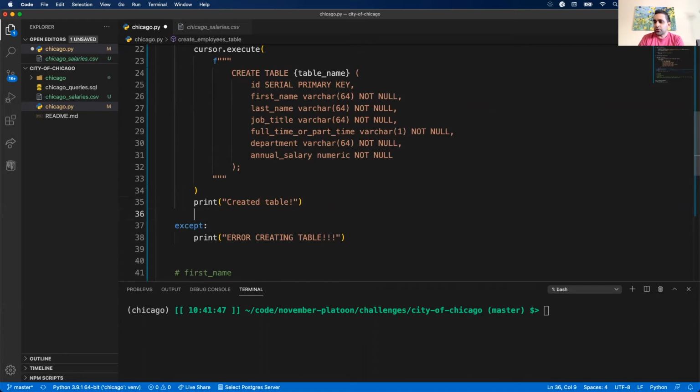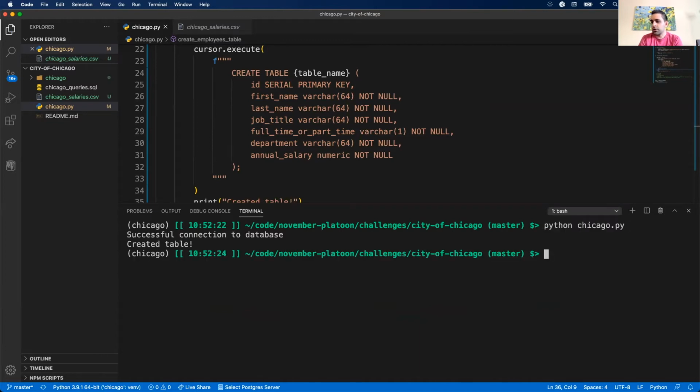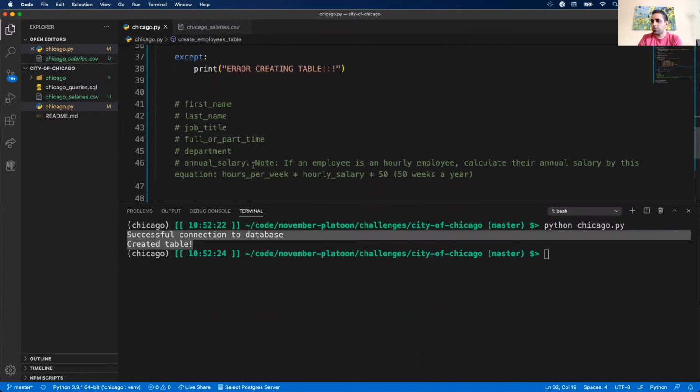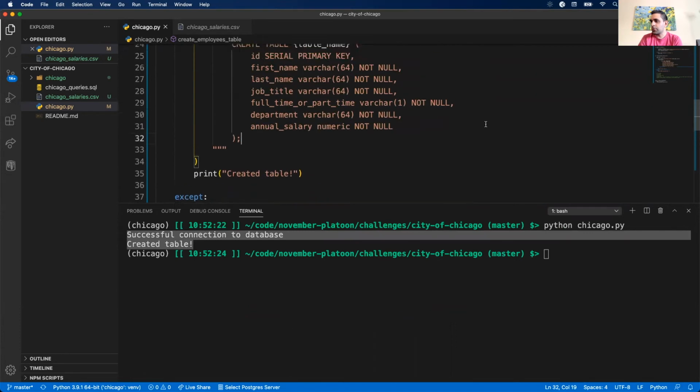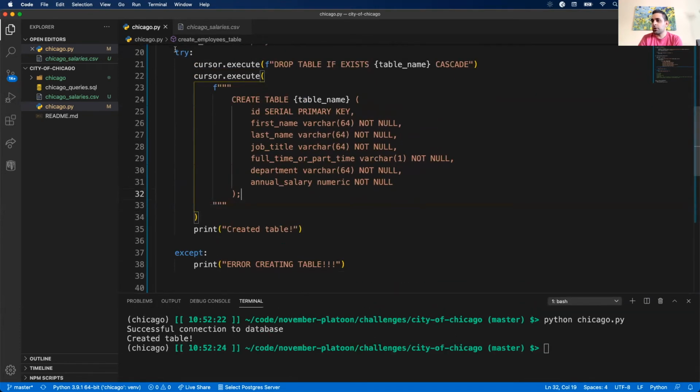All right, cool. So let's test this. Let me bring up my terminal. Bring it up a little bit clear here. And then run this. All right, great. Getting some good feedback. So I created my table. Again, that was in my try block. So if I look at my try block, sorry, it's kind of bulky, I have my try block here. I did a couple SQL queries, and since that was successful, my print statement of create a table got executed,